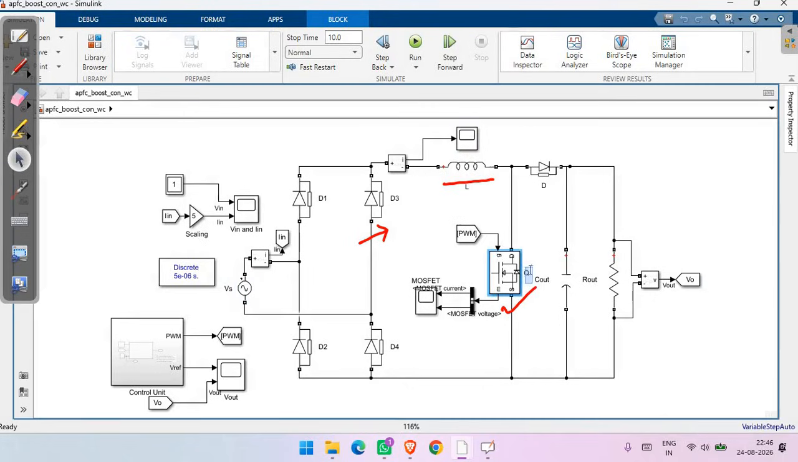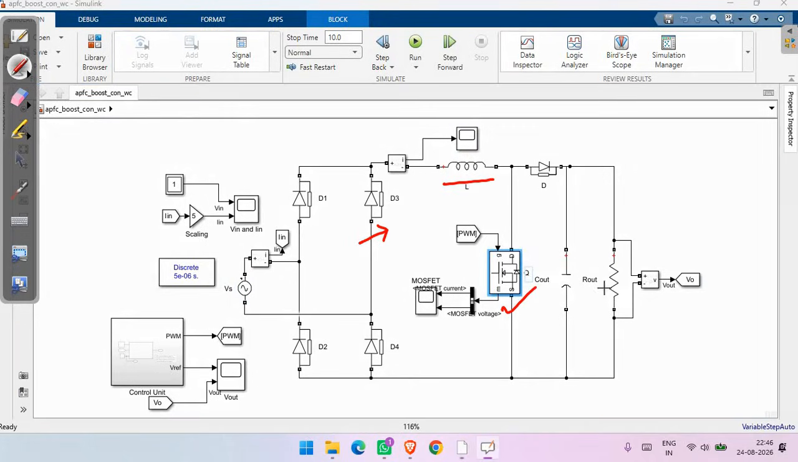Here Q is the main switching MOSFET of the boost converter. It receives the PWM signal from the control unit where the PWM is generated. By controlling the on-off time of this MOSFET, the controller controls the energy transferred from the input side to the output side. When Q is on,